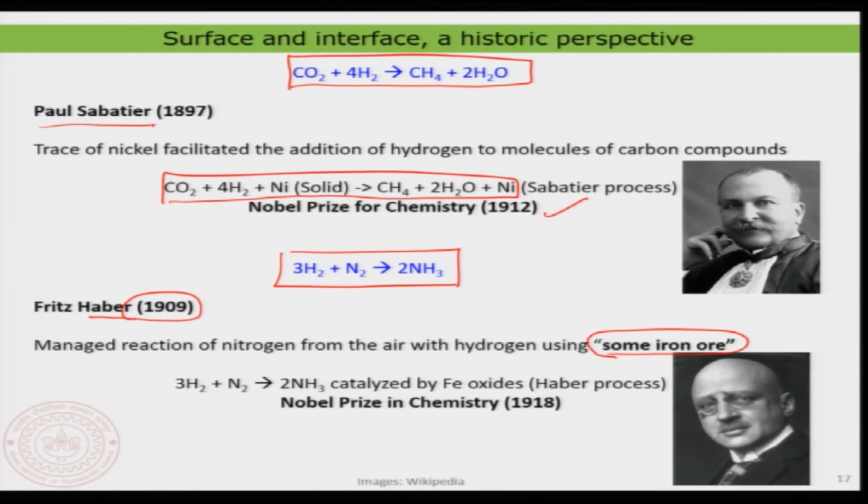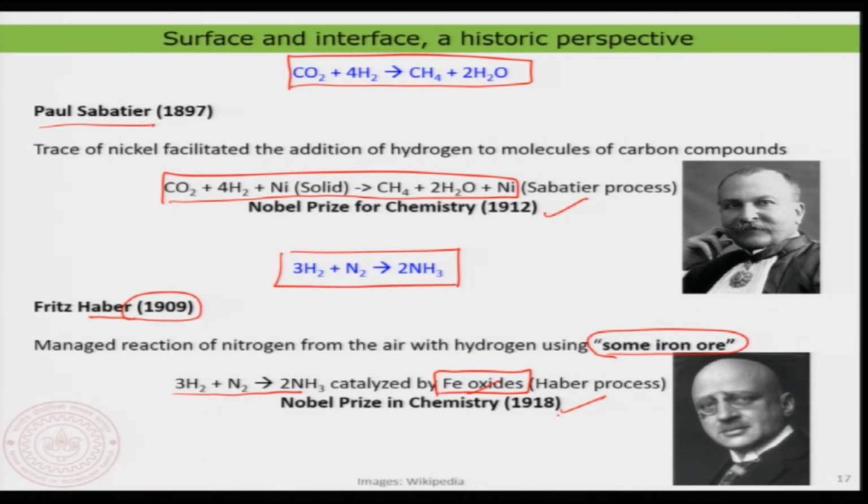At that time Fritz Haber did not know the real form of the iron, but later it was found that it is a form of iron oxide that is facilitating the reaction. He made this reaction possible by using iron oxide, and this is famously known as the Haber process or Fritz Haber process, and he was awarded the Nobel Prize in